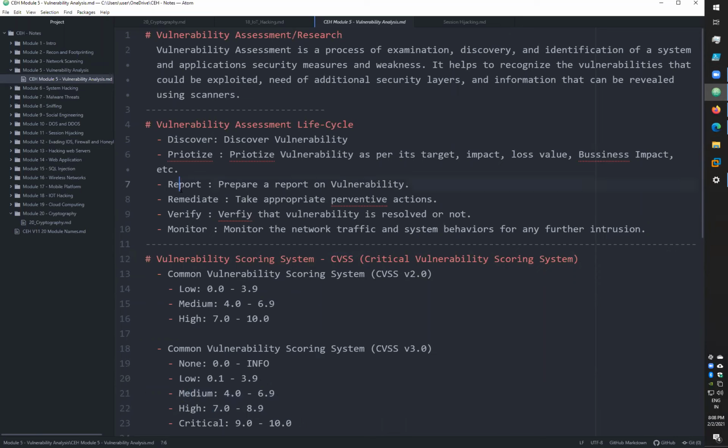After prioritization, you create a proper report for your management team. What was the vulnerability? What was the impact of the vulnerability? Who found the vulnerability? When was it found? What was the actual impact of that vulnerability? And what are the different things about that vulnerability? After the report, you write or suggest some mitigations for that vulnerability. How you can mitigate that vulnerability,